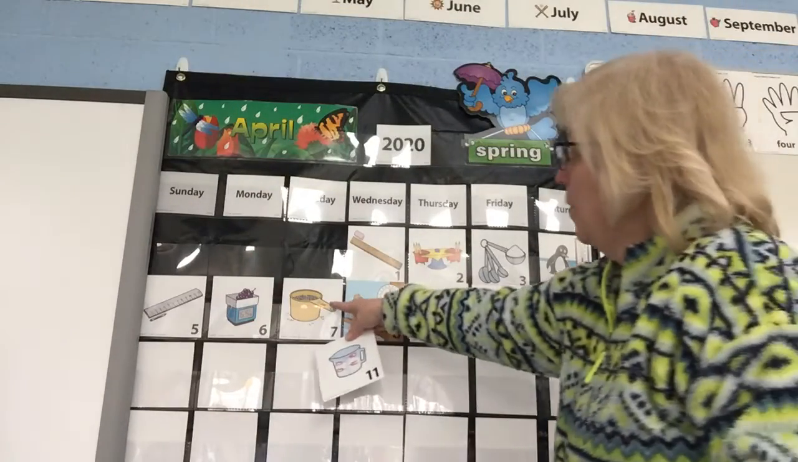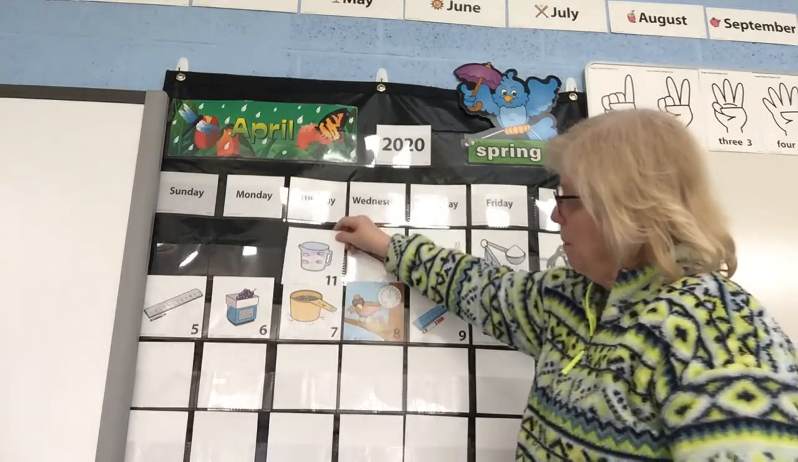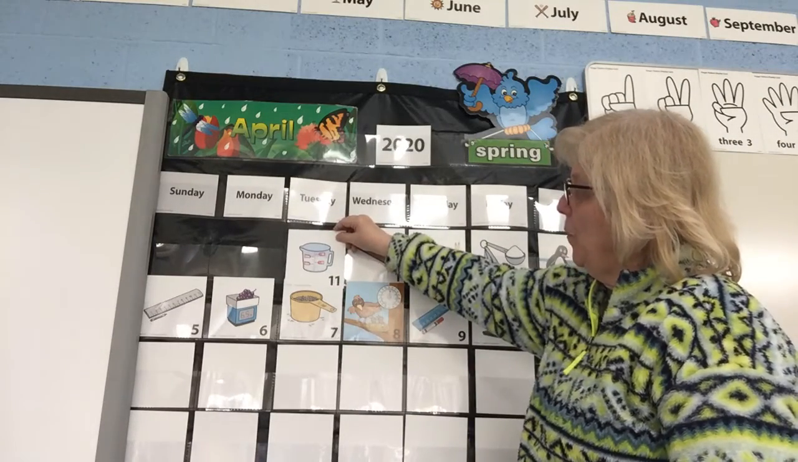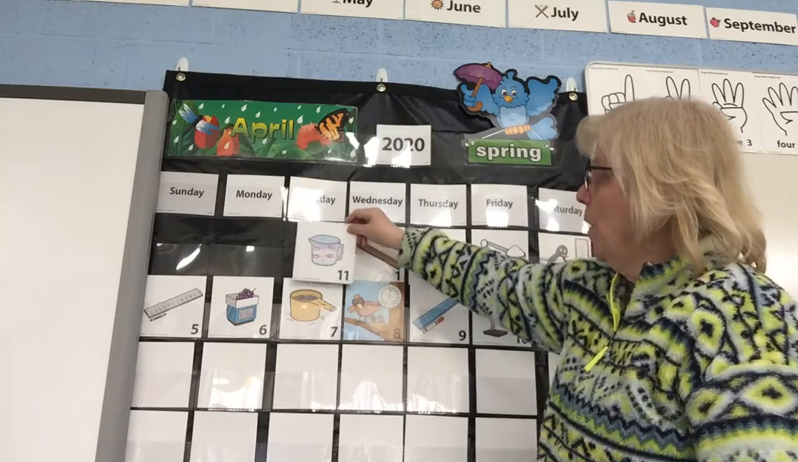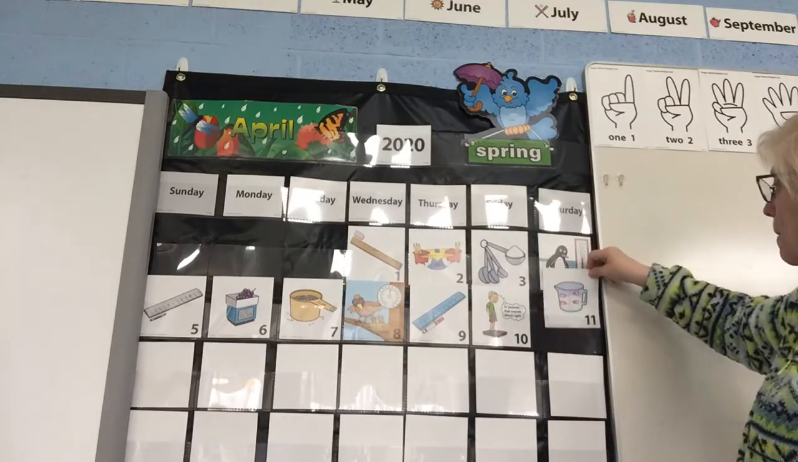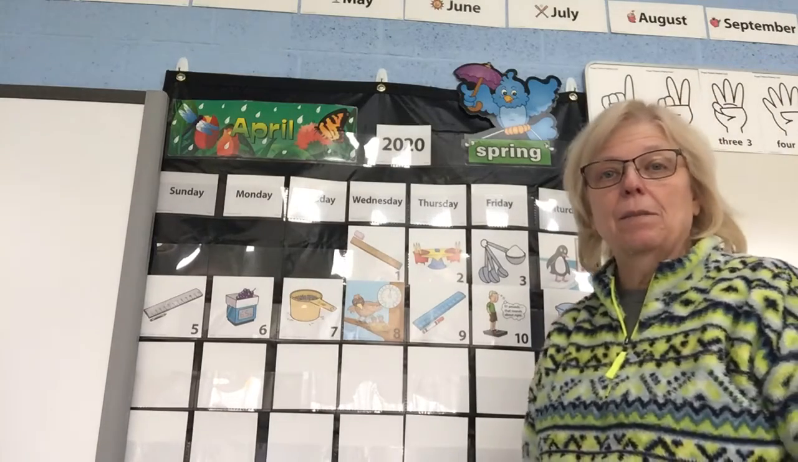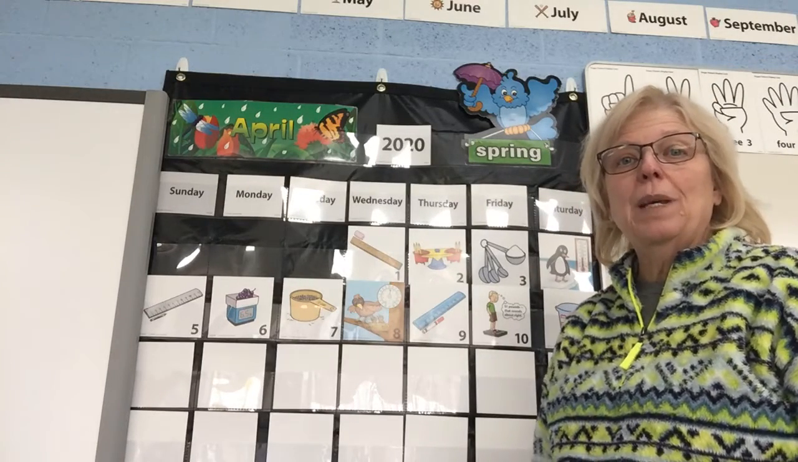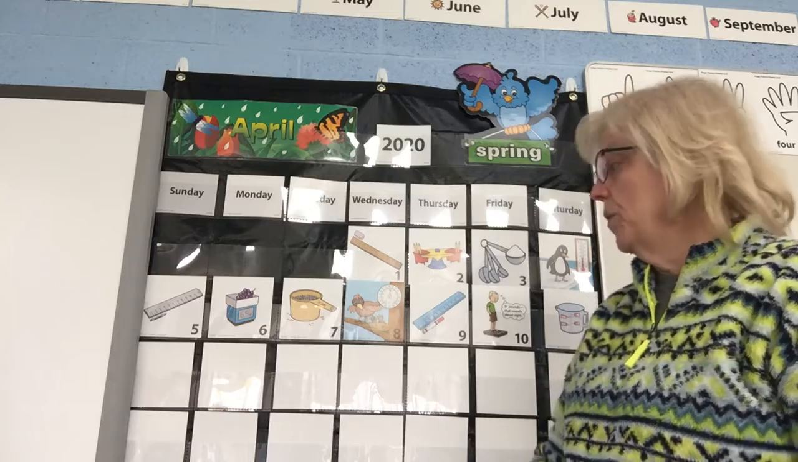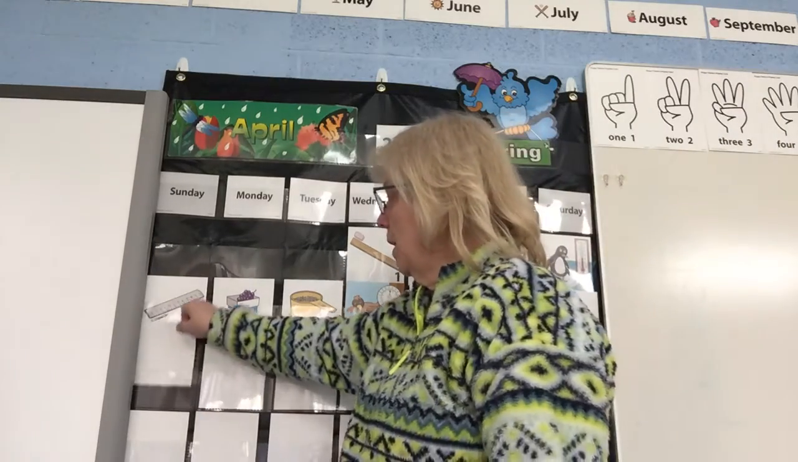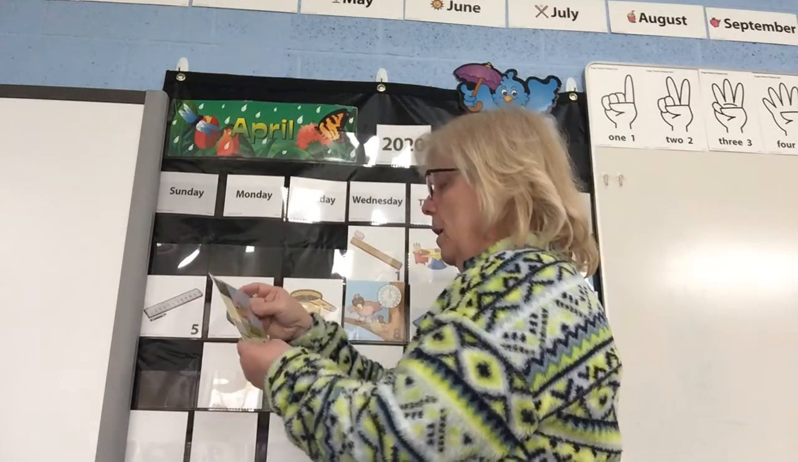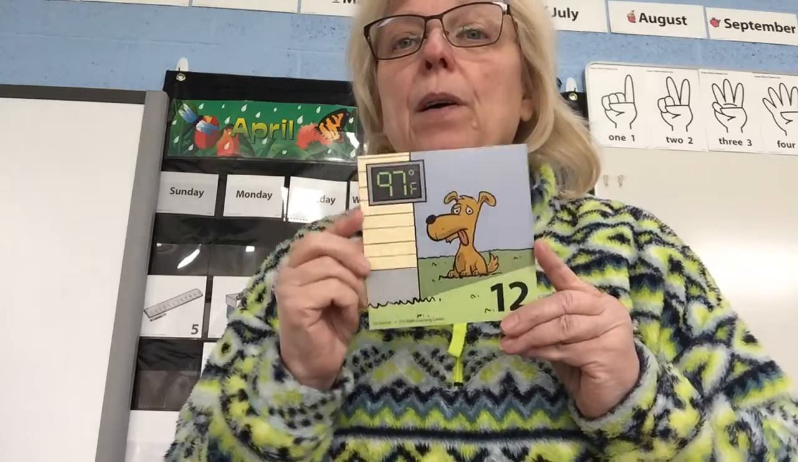So we have a measuring cup. Another 1/2 cup measuring cup. A little bit different, but both are measuring cups. What comes after the 11th day? It would be the 12th day. 12th day. And the next piece would be a type of